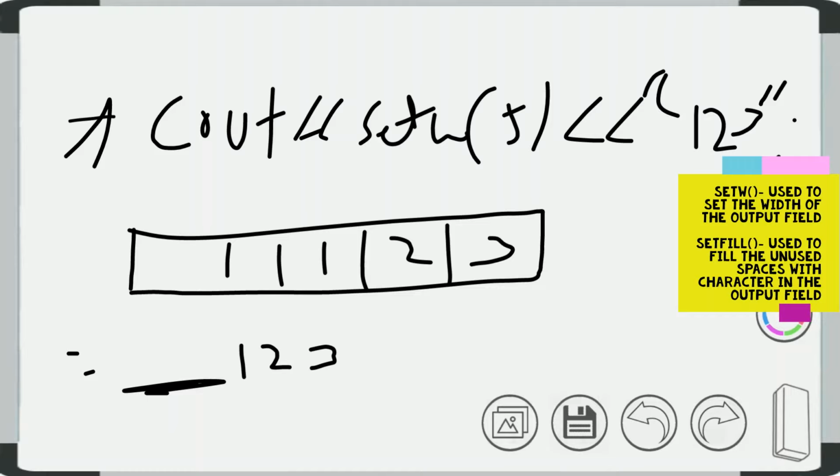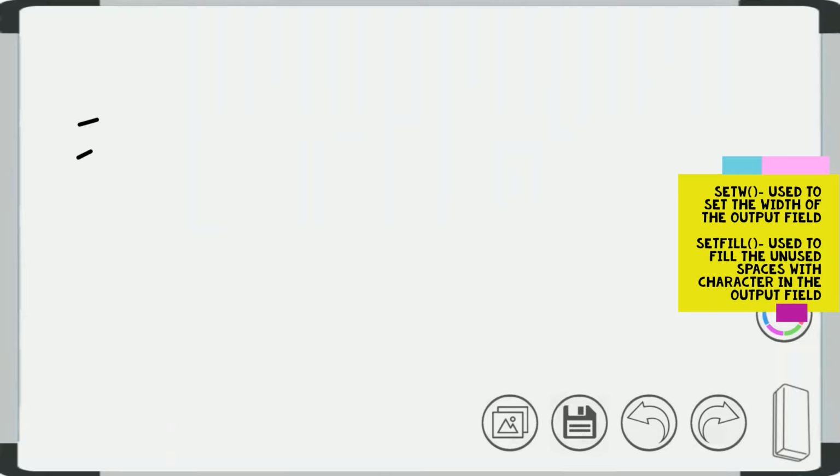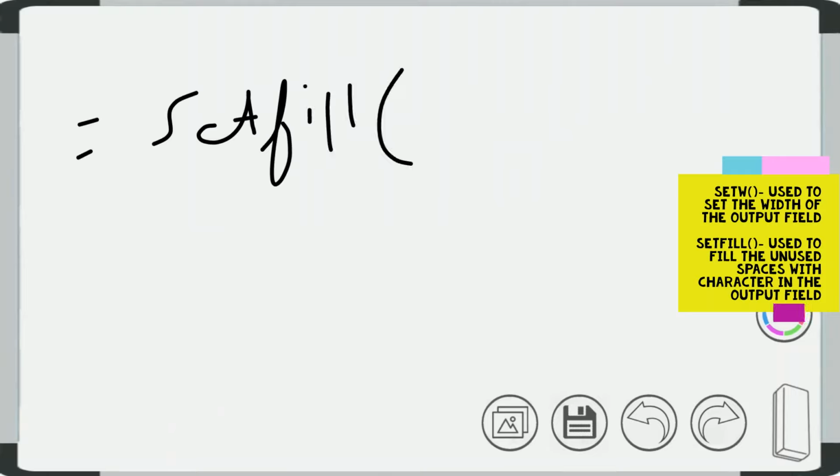In order to fill this unused space, you can use setfill, and within the bracket you can use any value in single quotation. I am using star.